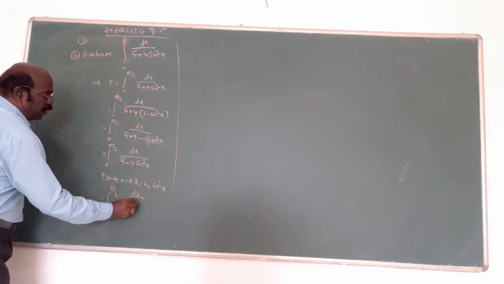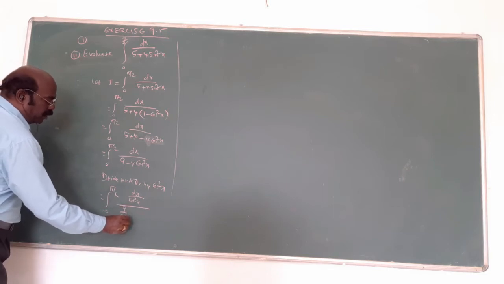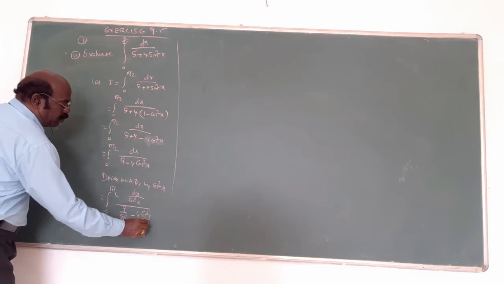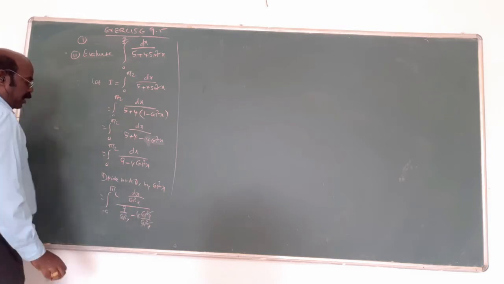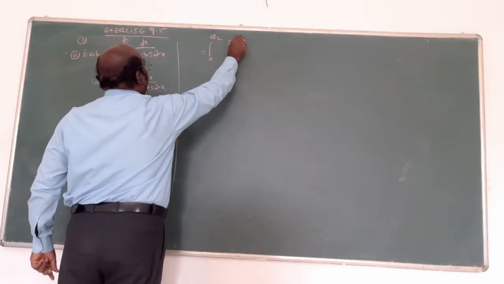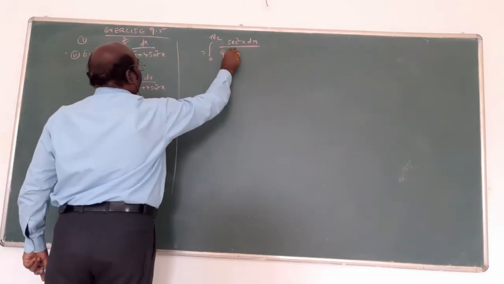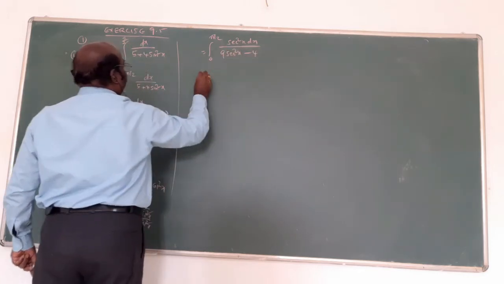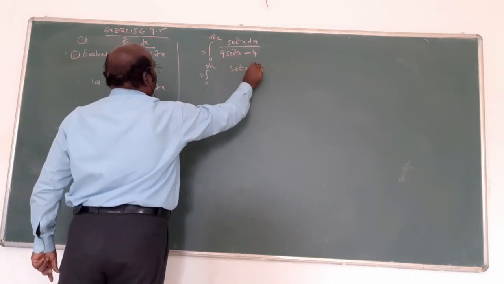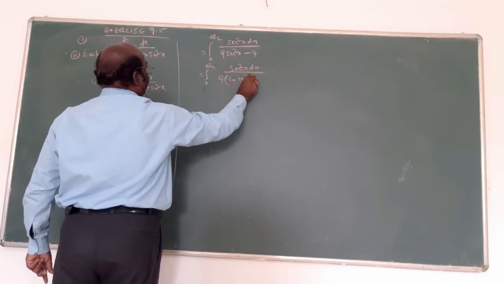dx by cos square x, divided by 9 by cos square x minus 4 cos square x by cos square x. Okay? Cancel. Now the numerator is 1 by cos square x, that is secant square x. Here also the denominator is 9 into secant square x minus 4. Again the secant square in the denominator can be written as 9 into 1 plus tan square x.